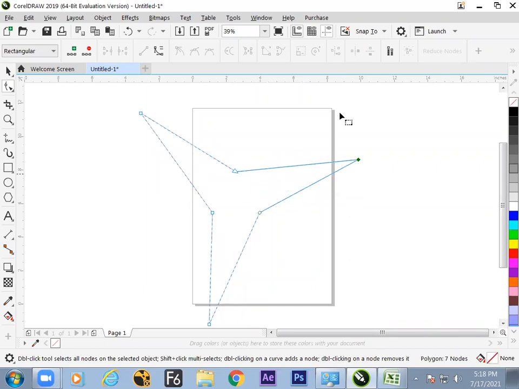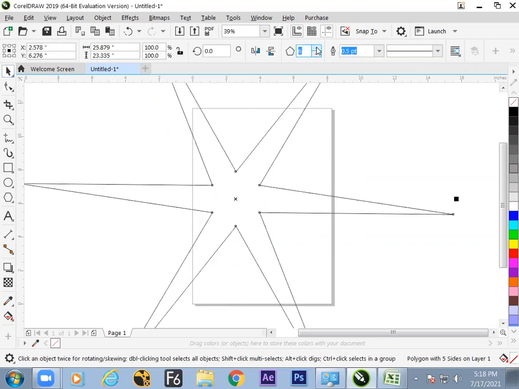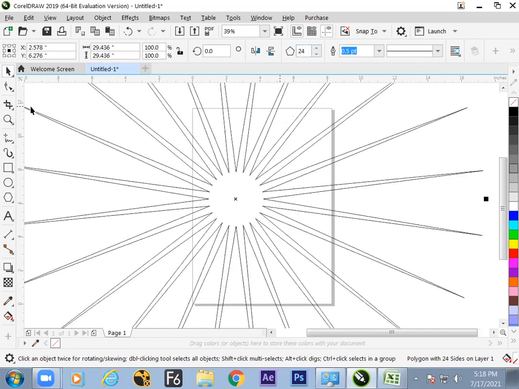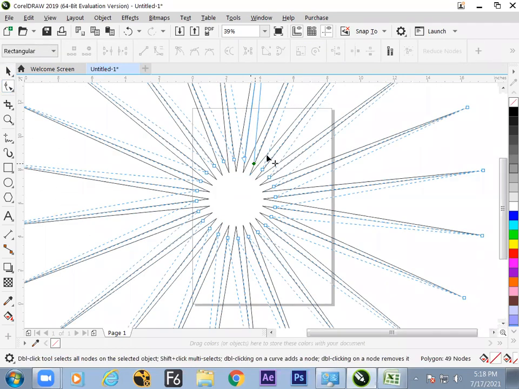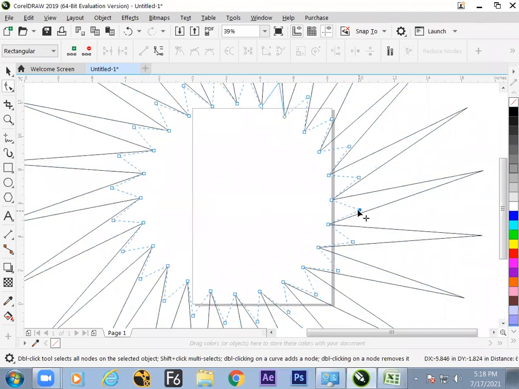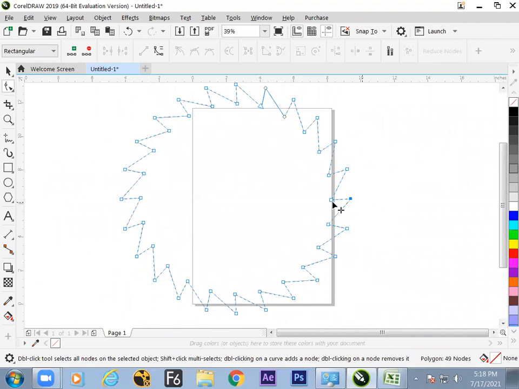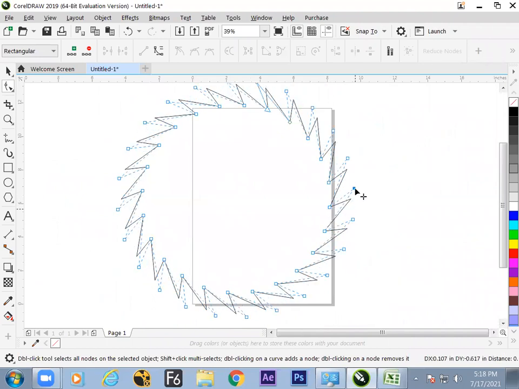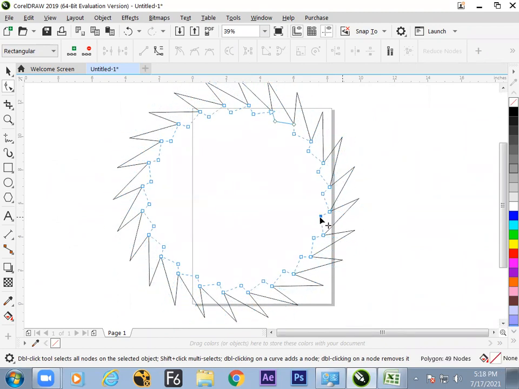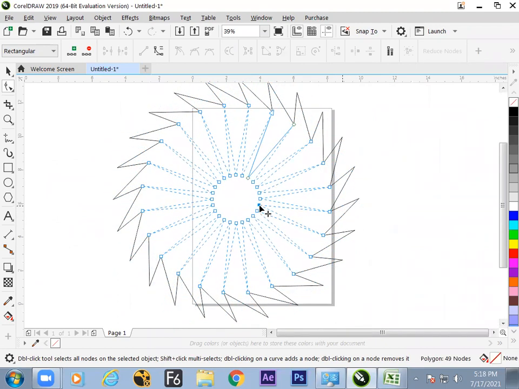Yes, after dragging it up, the numbers can be changed. So here we can change the number. Even after modification, you can change the number. And after changing the number of points, I mean the number means the number of points, you can drag it inside. So it can be handled from both sides of the nodes, either inside or outside. You can push in or out.